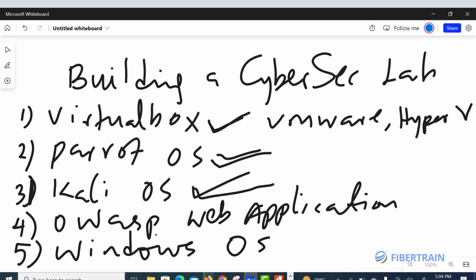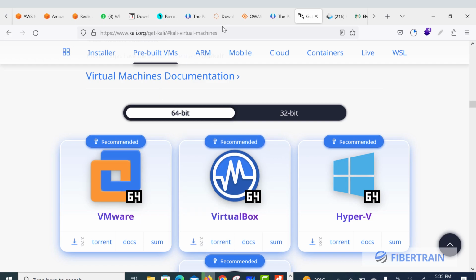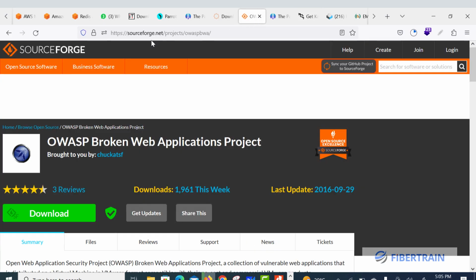Then there is one more operating system, or actually two, because we'll be running Windows 10 in our lab, and we also want to be running a web application, a web server that will allow us the opportunity to practice website hacking, website pen testing, etc. So we're going to go to OWASP. Let's see how we can download this web server application. Once again, I'm going to go to the web, and this is the website. We've got to go to